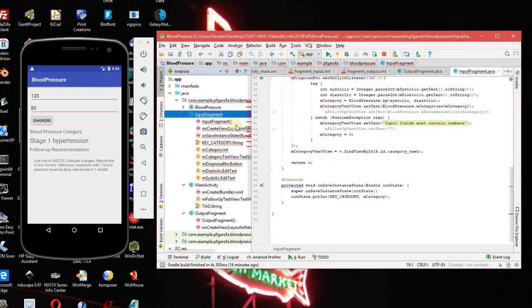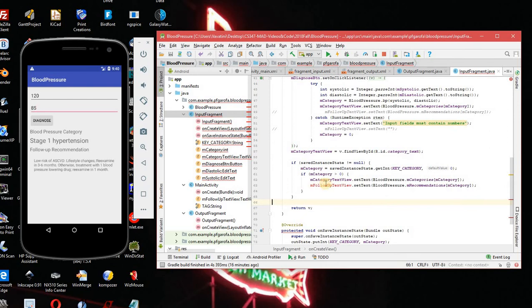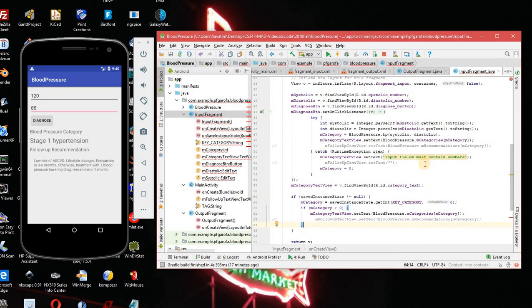And we'll come back to input fragment. And this we're going to paste down here after all of the widgets are wired up. Okay, and once again, follow-up text does not appear in the input fragment. It is part of the output fragment, so we're going to comment that line out as well. We could just as well delete those lines. Okay, so now we have the input fragment